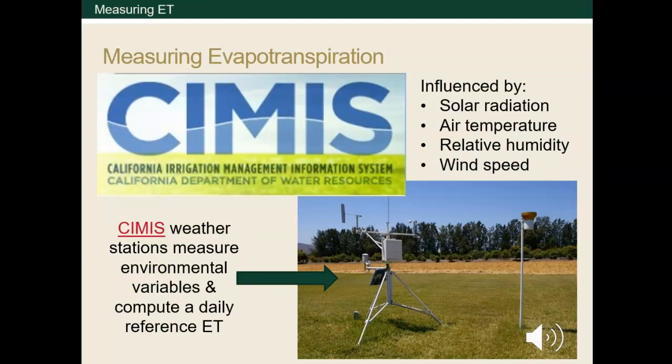CIMIS, the California Irrigation Management Information System, is comprised of a network of computerized weather stations to measure environmental variables such as solar radiation, air temperature, relative humidity, and wind speed. All of this is combined into an algorithm to compute a daily reference ET, which estimates the potential loss of water through plant transpiration and soil surface evaporation from a control setup of a well-watered grass crop that completely covers